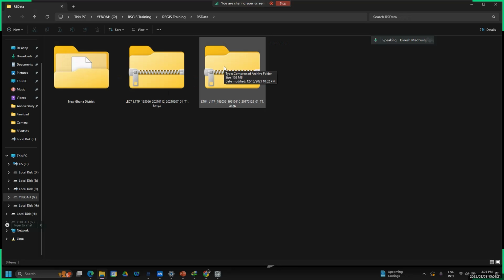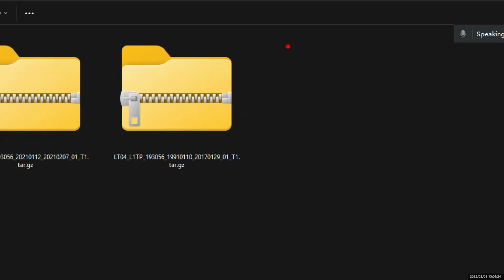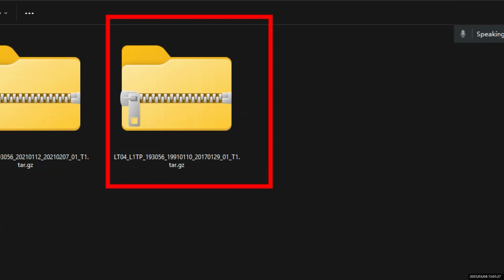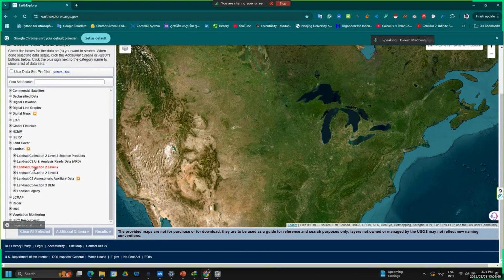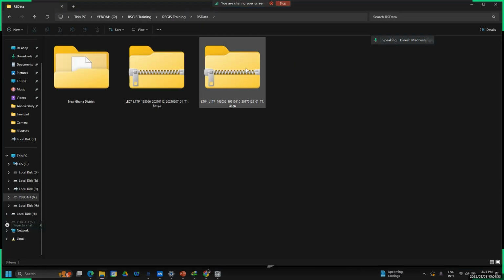So do you see this file? It's in there, right? Okay. Now, you quite remember that we went to the USGS site. I downloaded those images from this site. As I said, there's no time for us to go through this, right? So the one with the LT04,